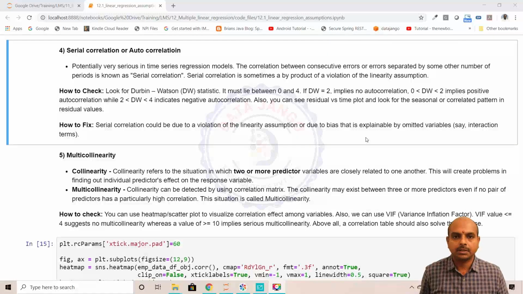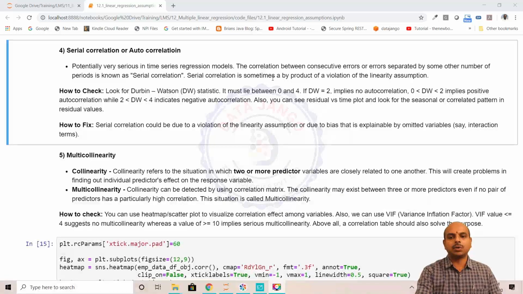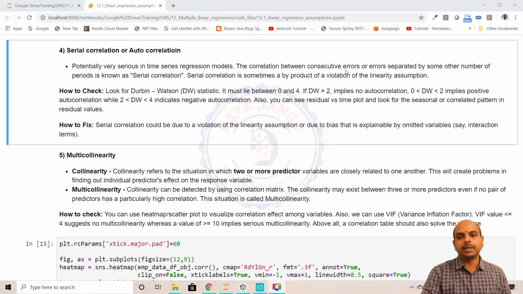Hello and welcome back. Let us try to understand the fourth and fifth assumptions of linear regression: serial correlation or autocorrelation, and multicollinearity. Serial correlation means the correlation between consecutive errors, or errors separated by some number of periods, is known as serial correlation. In other words,